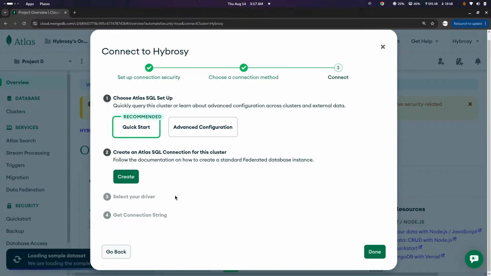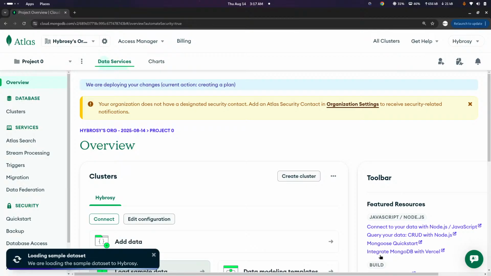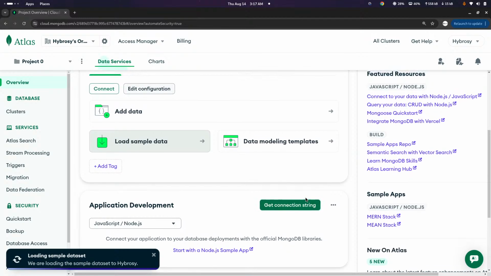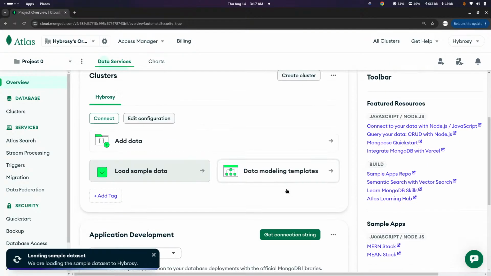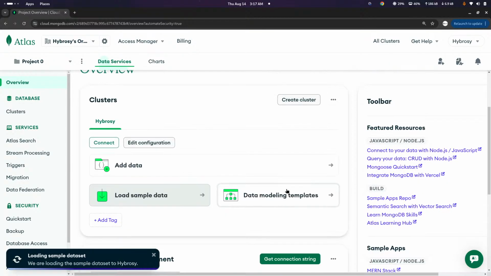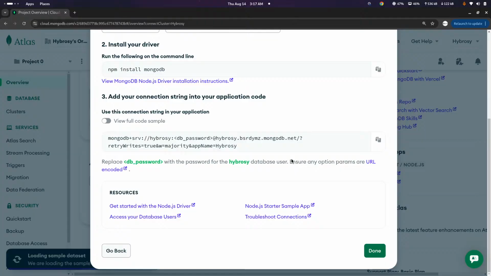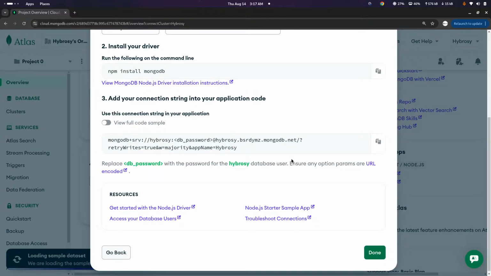So here it will create my Atlas for this cluster, and here they say quick recommended, add the config, so done. Alright, so after this, get connection string. How to make sure that I get the connection string? So say okay. Yeah, okay. This is the exact thing that I will be needing,